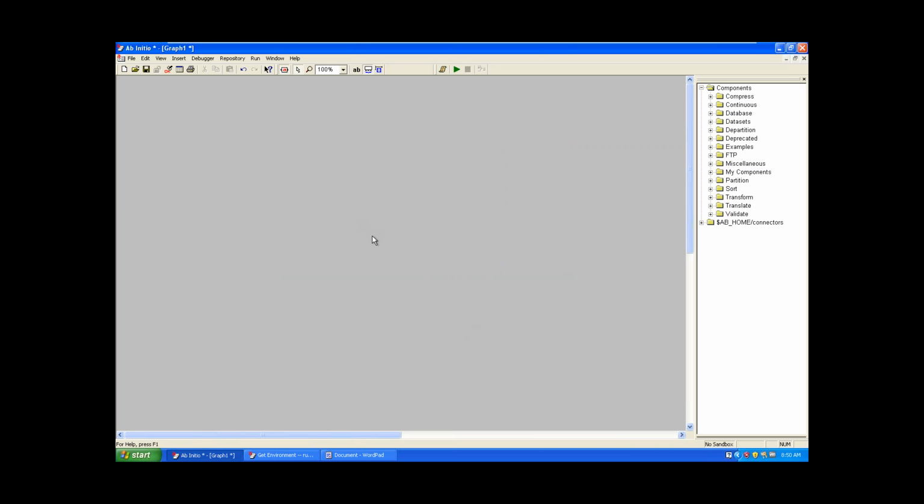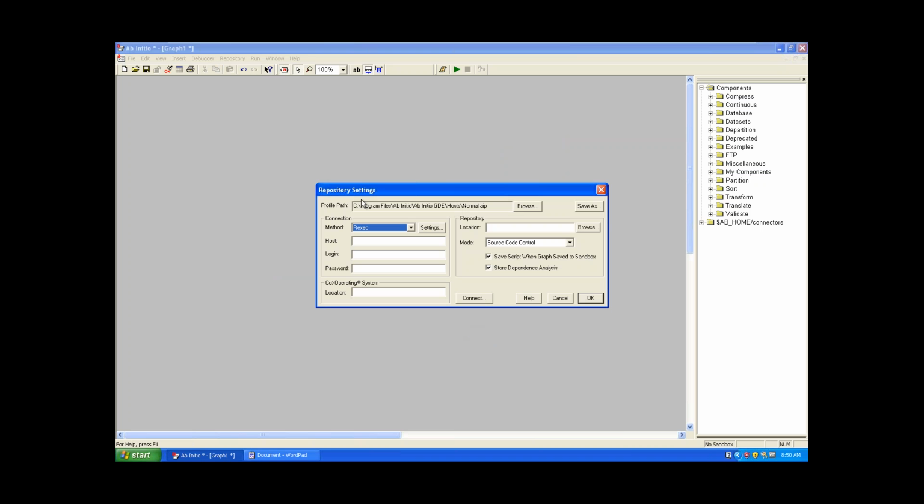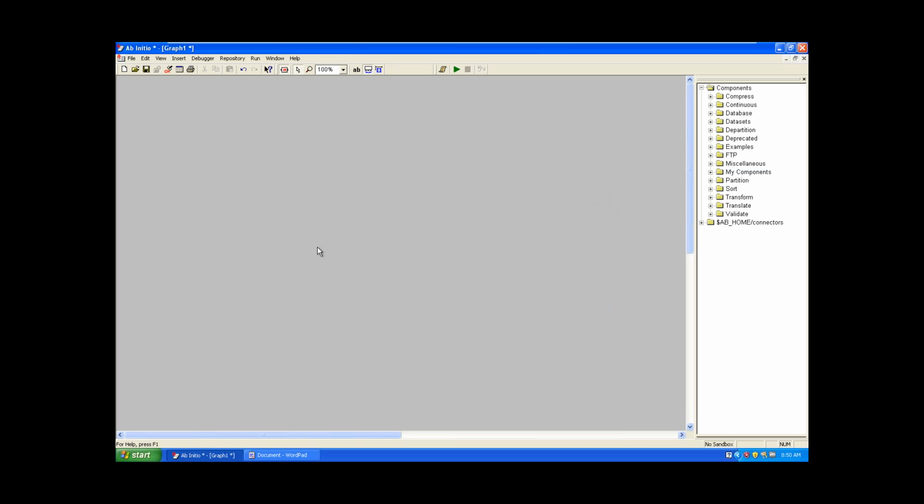Till the 2.14 version, you have to separately specify the connection method for the repository also. Now I just give the connection method for my co-operating system only. Similarly, EME is also there, right? For EME also I have to set the configurations. Till 2.14 I have to go to this repository menu and click on the settings menu, where I configure the repository. Just like I configure my co-operating system, here also I have to pass the repository host name and repository login password, everything. But coming to 3.0 onwards, automatically your co will point to your